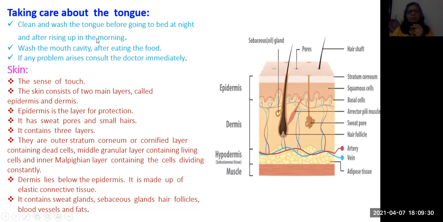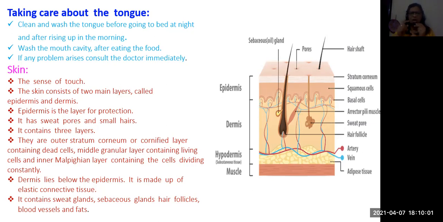And coming to each and every part we can see here. Already you have finished the tongue and the caring of the tongue. When we are brushing, we have to clean the tongue also in the mornings. And it is better to clean the tongue at night also, because it will give a smell if you don't brush it before bed.